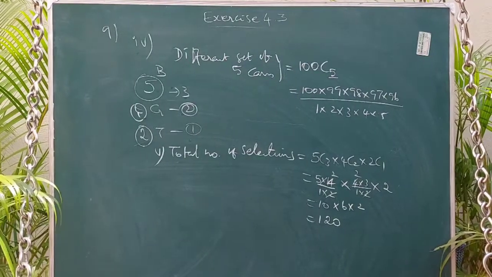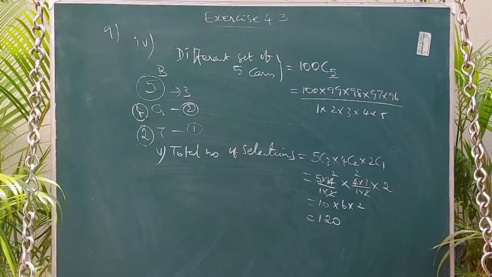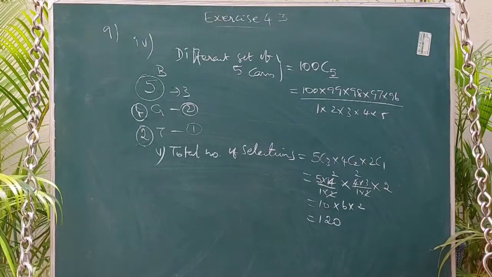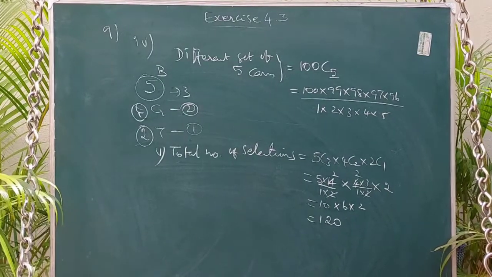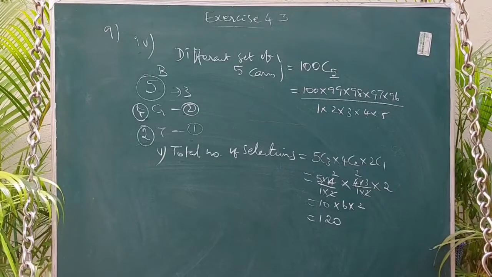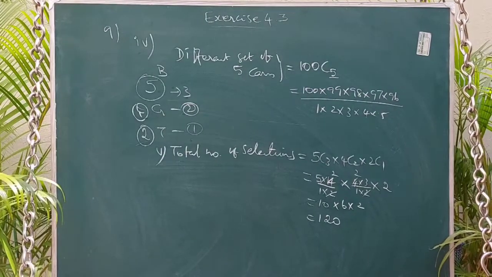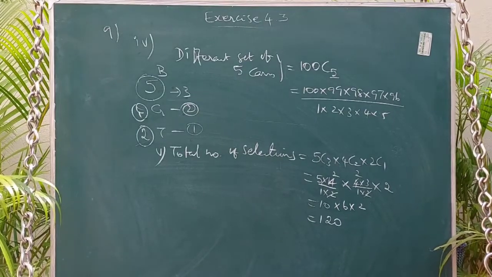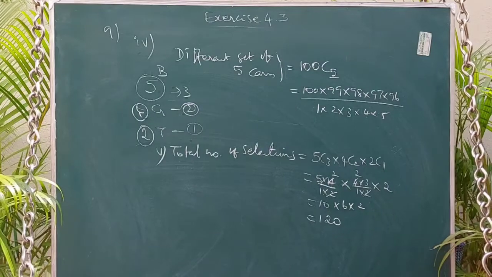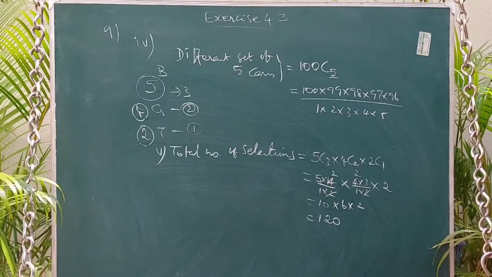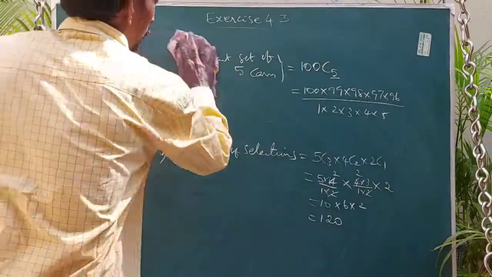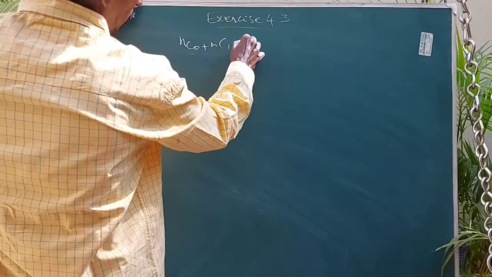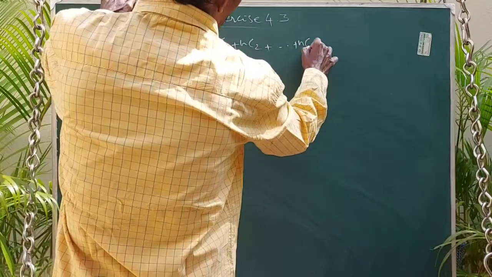Okay. So now question number 10. Find the total number of subsets of a set with 4 elements. Subdivision 1, subdivision 2, 5 elements, subdivision 3, n elements. So my dear student, here they are using the result of the binomial theorem. We are going to learn it in the next chapter. Anyway, know it. The sum of the coefficients in the expansion, that means nC0 plus nC1 plus nC2 plus etc. up to nCn, is equal to 2 power n.